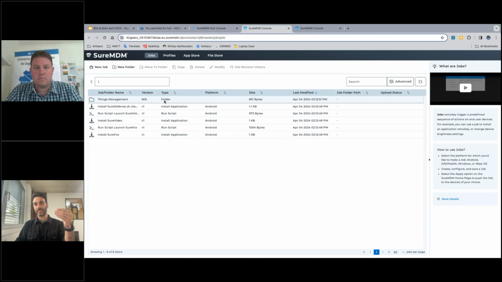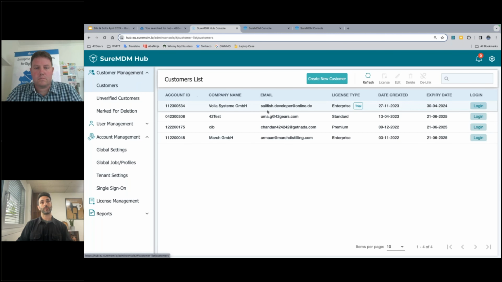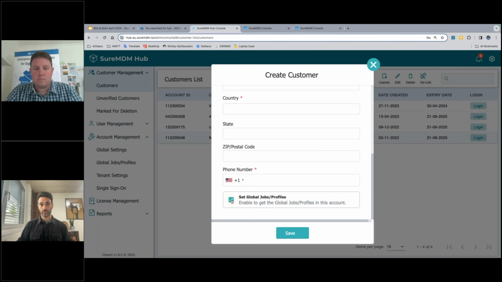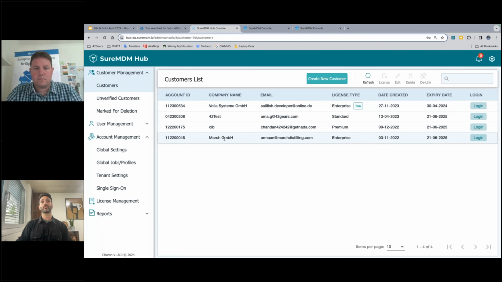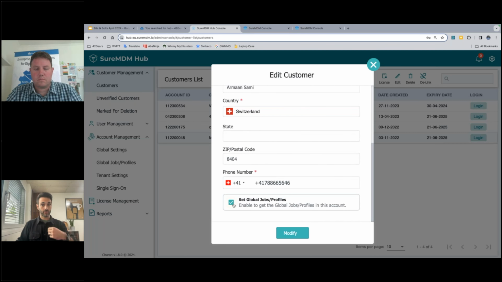The idea here being, again, any job that I create, I will then be able to add to a different account. So once this is done, before I add an app or before I add a job and I show it to you, let me just show you one other thing which is required. Back in SureMDM Hub, in the Customer Management tab, you have the option anytime you create a new account to check or to deselect the set global jobs and profiles. This would mean that there is a link between the account we made and the account that we are creating now. And similarly, for any account which is already created, you have the option to grant or to revoke this